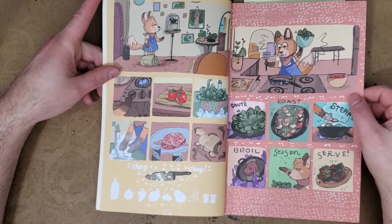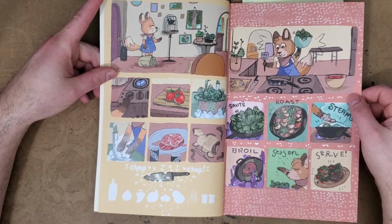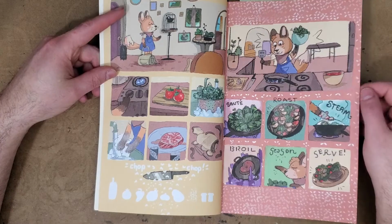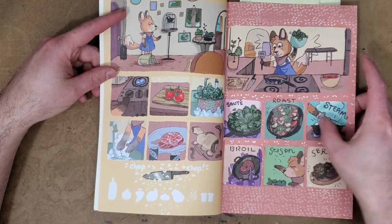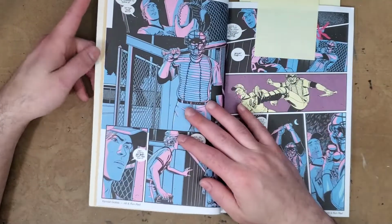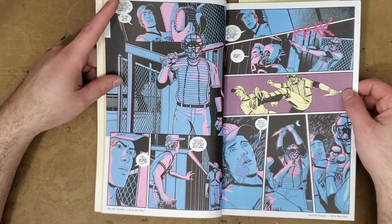Super cute little piece here, very Animal Crossing type of vibes with this little cute fox creature cooking dinner. This is by Shan Horen. I really enjoyed this part here with the how-to aspect. One of the things that I really enjoyed about this anthology is that there's a good variety, so you can